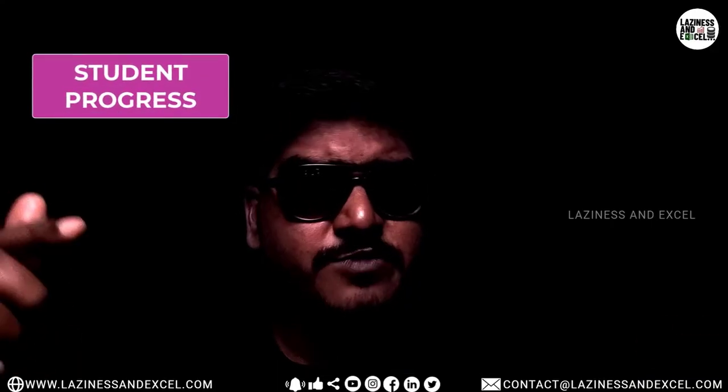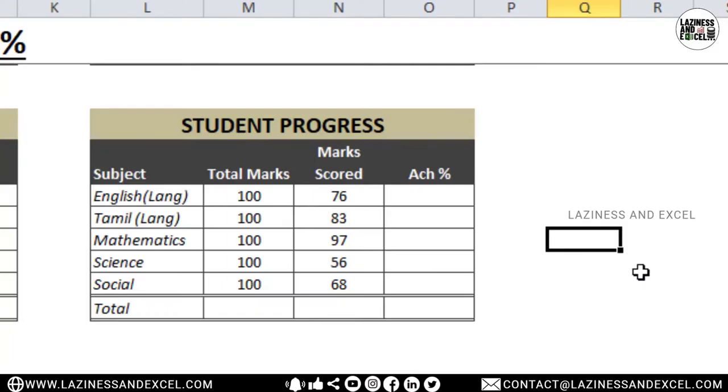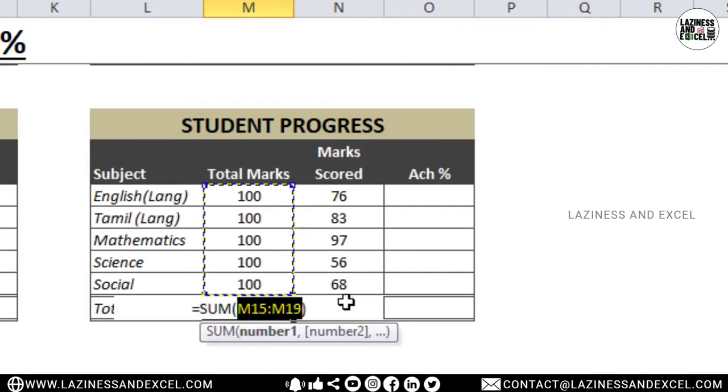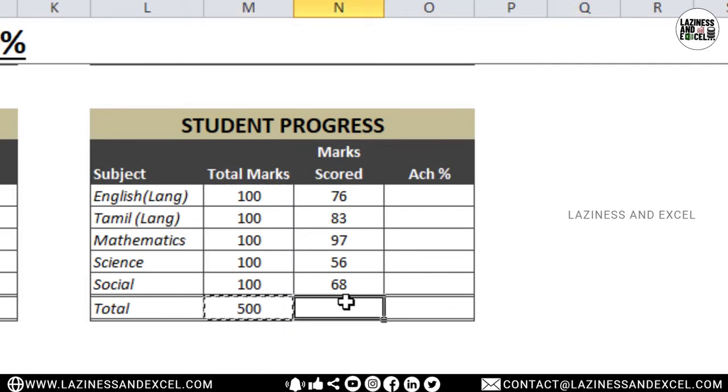Lastly, coming to the student progress. Here we have the student's subject-wise total marks versus actual marks scored. First, let me calculate the total marks scored by the student. Then let me write the formula to calculate the achievement percentage: equals marks scored divided by total marks and hit enter.